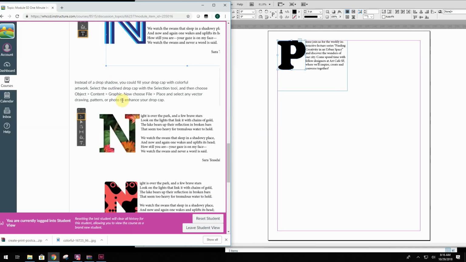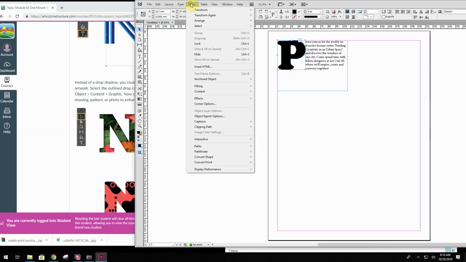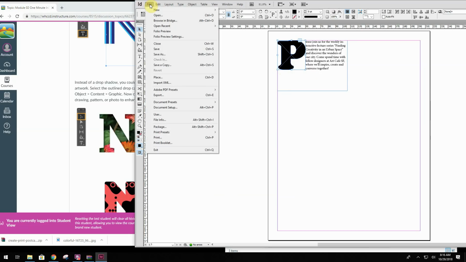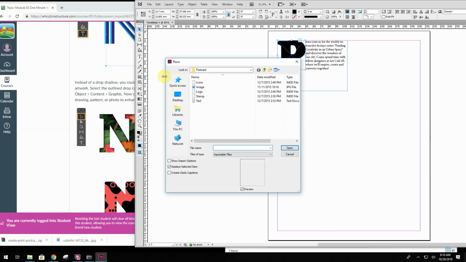Okay, so then I can scroll down and see that to fill my drop cap with wonderful, colorful artwork, I can choose Object, Content, Graphic. So I'm going to go to Object, Content, and choose Graphic, and you can see it puts this X through it. In InDesign, the X always indicates that it's ready for you to place a file there. So what I'm going to do is go to File, Place,